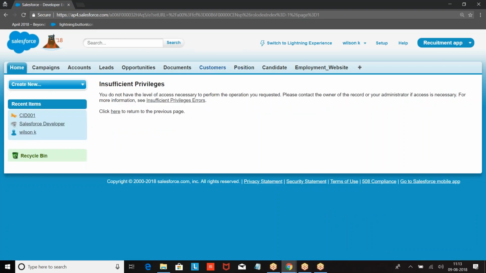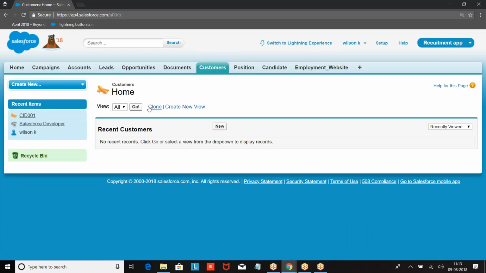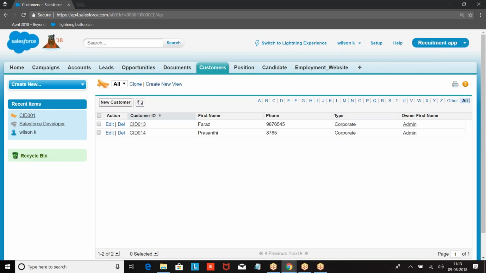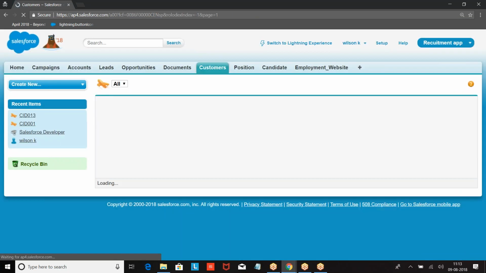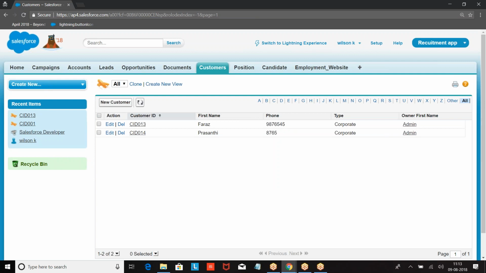Now go to this user. Previously was he able to see all the records? Now I removed the earlier sharing rule. Now he is able to see only corporate records, and he can perform read and write access. I hope you are good with this. Am I clear? So this is called criteria based sharing. So owner based sharing rule and criteria based sharing, this is what we have seen in the last session.